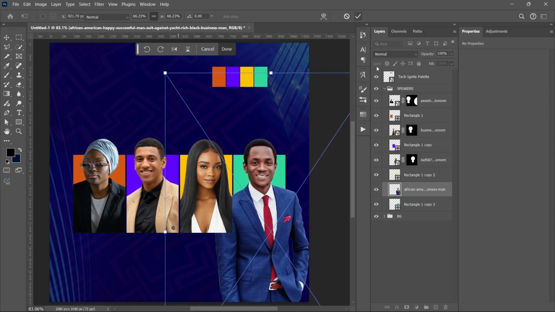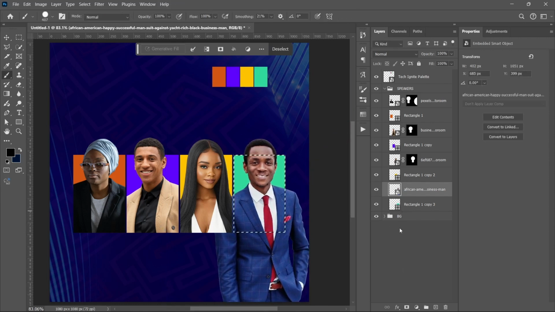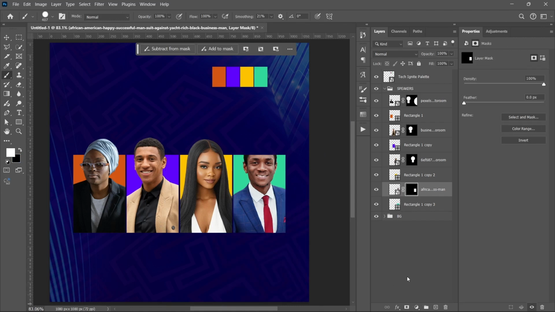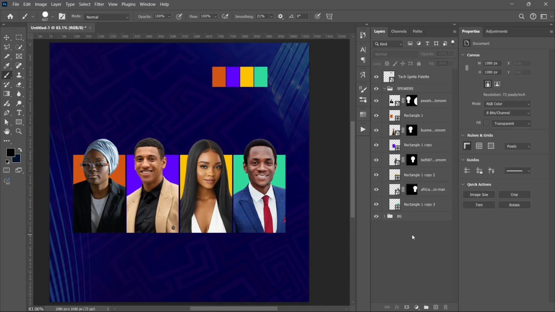Once you're sure they are aligned, press Ctrl, click on that green box, and this selection will show. Create a mask, select your brush tool and give him his head back. Alright, so we have our speakers all aligned. So I'm going to indicate that these are the speakers. I'm going to create another rectangle like this,